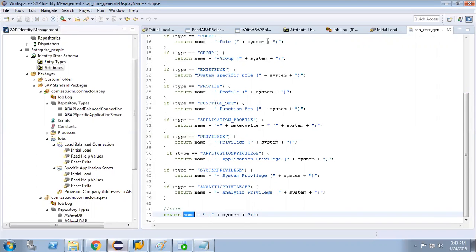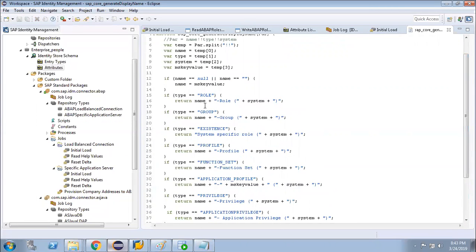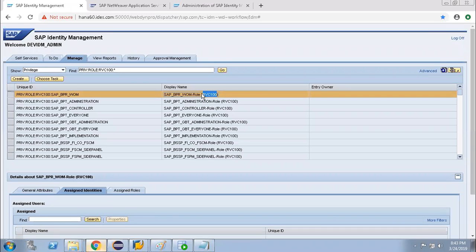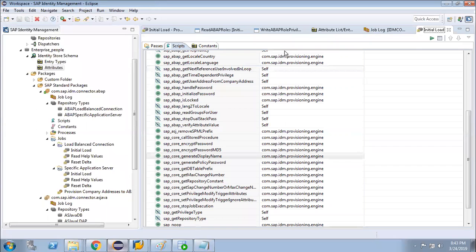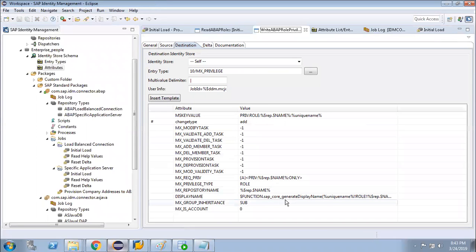Okay. Here you can see it. If the type is role, then the role name, hyphen, ROLE, then in brackets the system ID. This is how the display name is getting created.